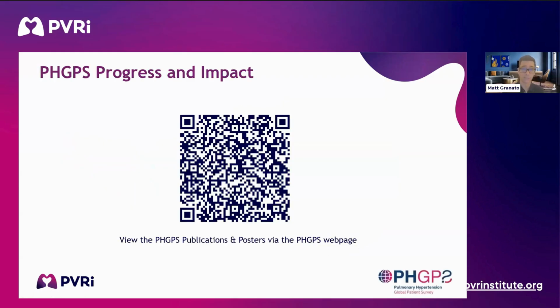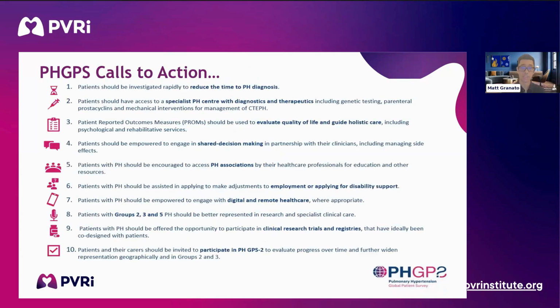I think that's the next slide. Here you can scan this QR code and get to all the papers that were published out of this data. So I encourage you to do that now. I'm just going to give you a minute so you can land on the PVRI page that has links to all the at least 4 papers that were published out of this data. And on the next slide, you're going to see the 10 calls to action. So these have helped frame priorities and encourage follow-up activities.